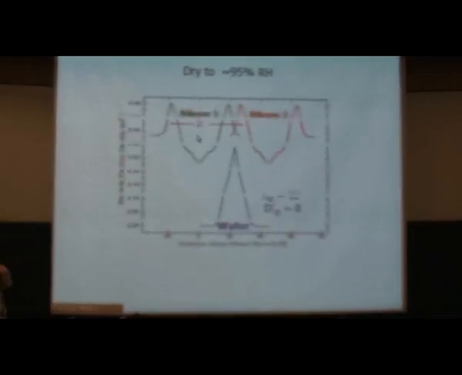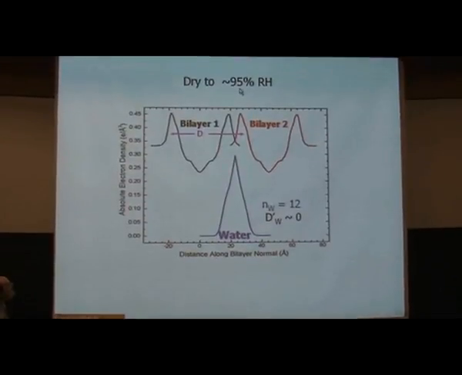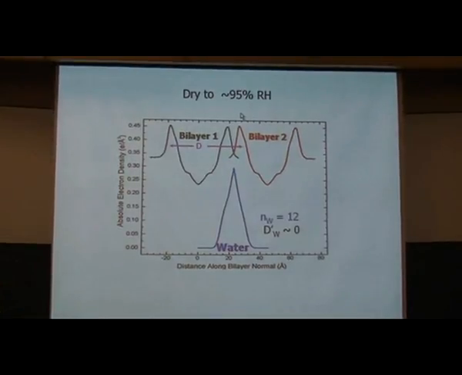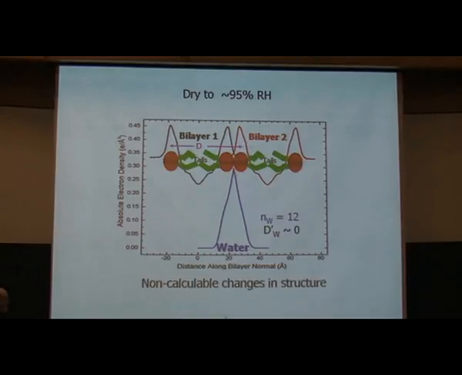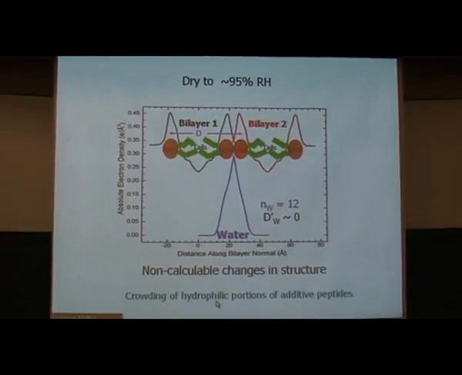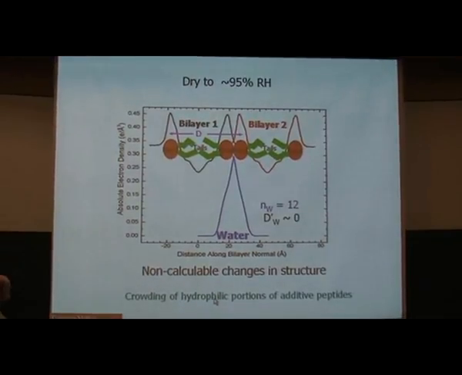And just to emphasize that point further, if you dry them to 95% relative humidity, which sounds like they're really humid. I mean, if you're outdoors in 95% relative humidity, you really feel the humidity. However, lipid bilayers don't. And then what you get is the bilayers are crowded together, pushing against each other, and that changes the structure. And it makes it very difficult if you're interested in adding things to the lipid bilayers like peptides because there's no water for them to go into. So there are good reasons not to do that.